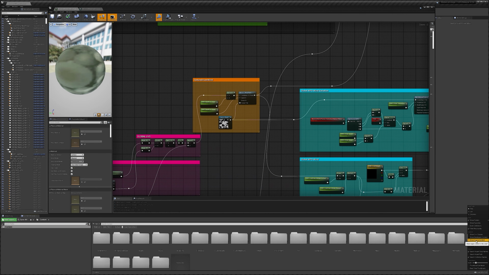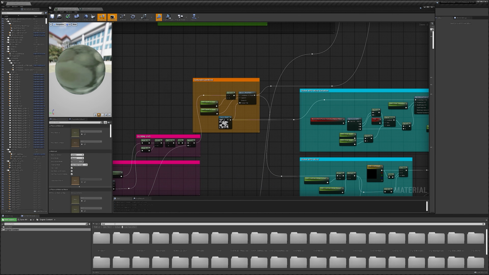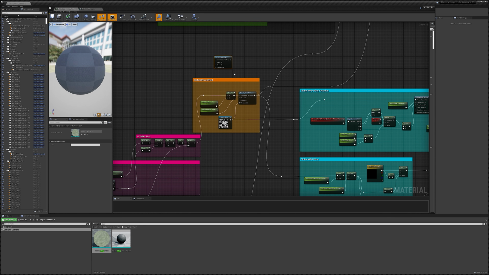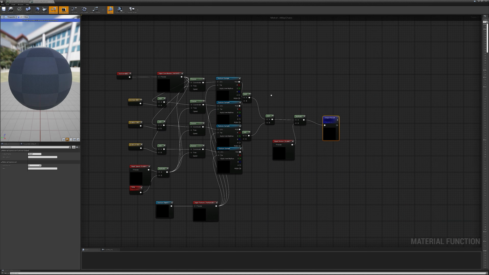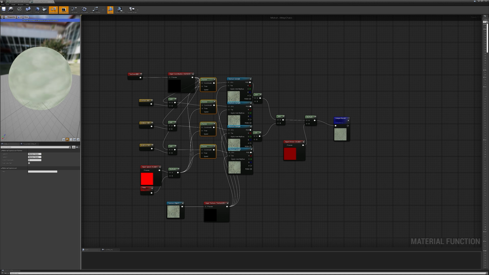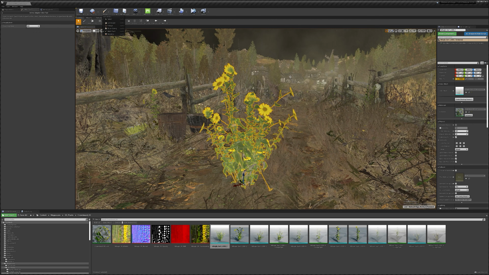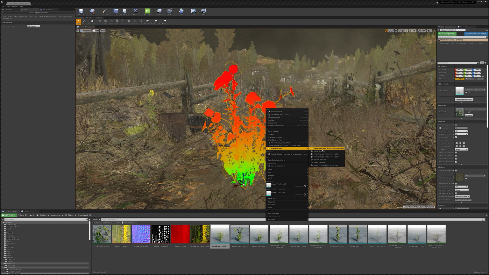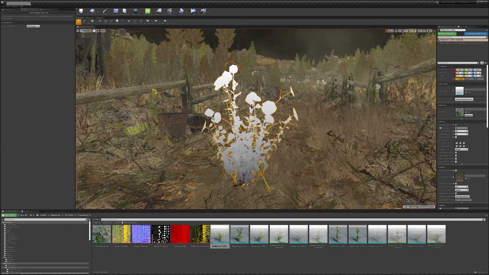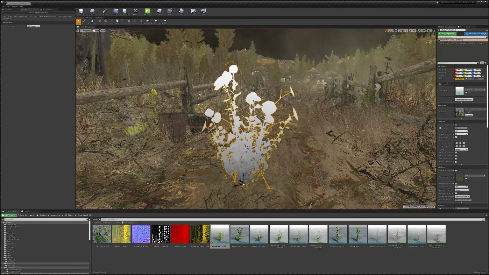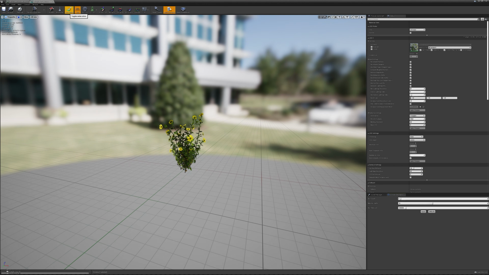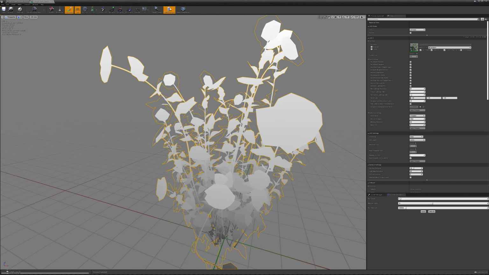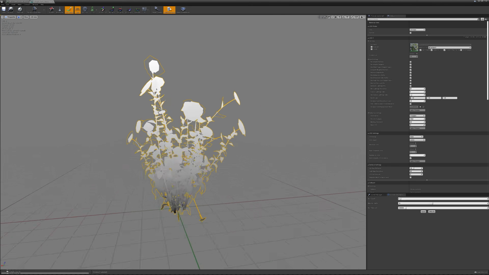I quickly want to single out a material function that ships with Unreal Engine. It's called Motion 4-Way Chaos and it allows you to power complex panning with really just a simple node instead of manually setting up multiple panners. Now, most of our plants come with the necessary vertex information all set up from the get-go. However, for some species, we implemented a custom script that simply generates a gradient and applies that to the vertex color channels of each individual mesh. This vertex color gradient allows us to manipulate that information to control horizontal fall-off and starting point of the wind effect, unique to each species.